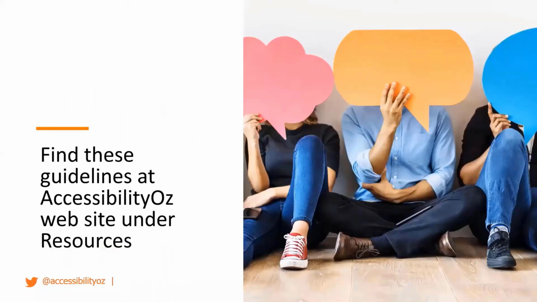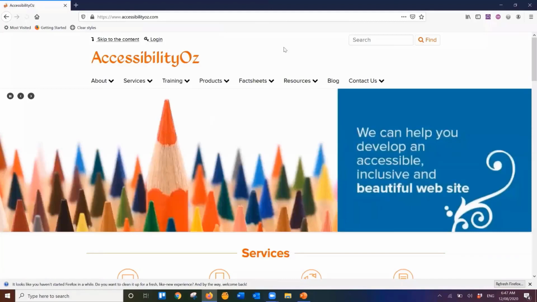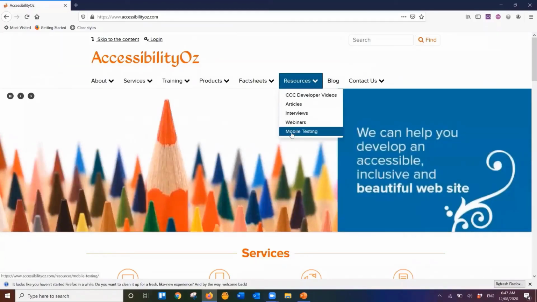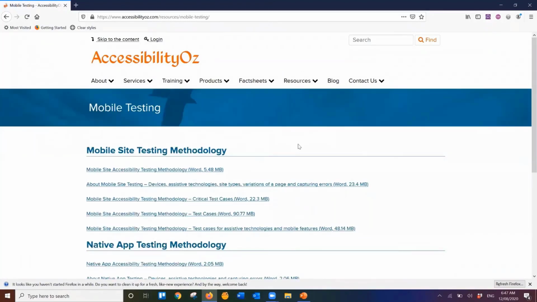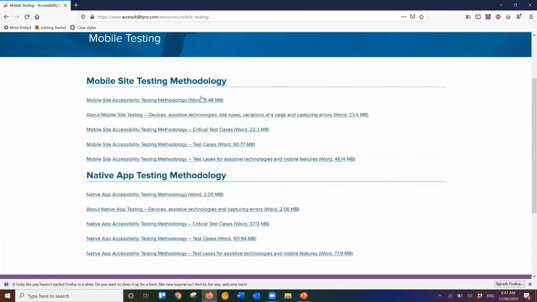I'm just going to briefly show you where you can find these guidelines. So if you go to the Accessibility Oz website, and then under resources, there is mobile testing option here, and they're all Word documents. So here you've got just the methodology, so just the test cases.